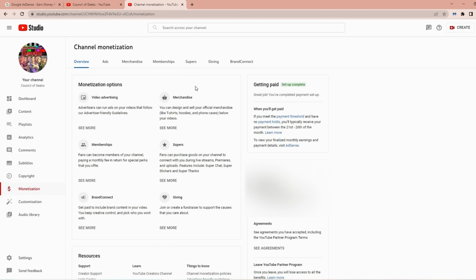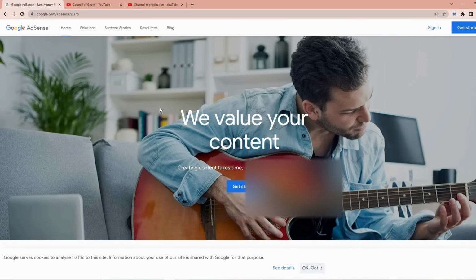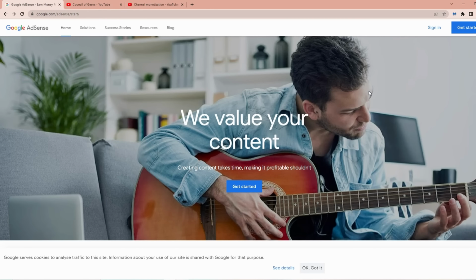Where you have to go, and I'm going to do this as cleanly and step-by-step as I can, is you actually have to go to AdSense. If you are not monetized on YouTube, you may not even know what AdSense is, but basically it is the aspect of Google, the site, app related to Google that handles monetization. Now, it dates all the way back to when they were monetizing things like blogs and all the rest of it, but even as YouTube became a massive business, this is still what everything runs through.